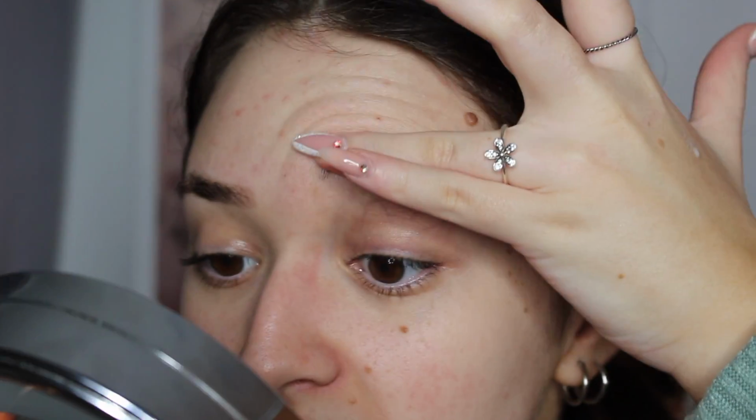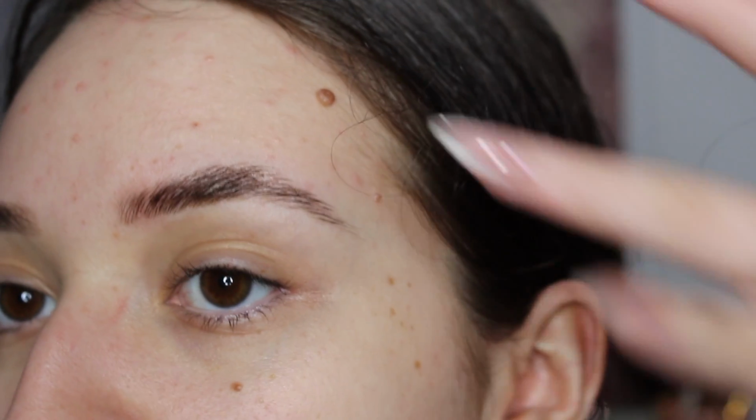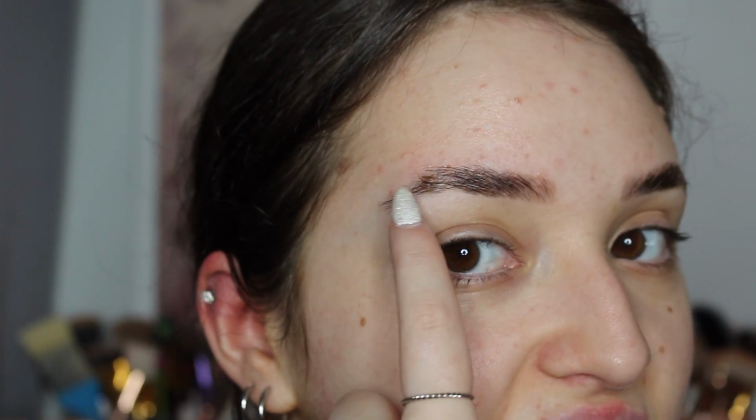It's so sticky, oh my god. Okay, I'm just gonna go in with my finger. You know what finger looks like, I don't need to show you. And just press it down. That's what we're working with. It's not great because of that gap there, but I'll go on with the pomade, fill that in. Okay, this is what they're looking like. Again, you can still see the gaps from the over trimming fiasco, but I'm gonna fill them in anyway, so